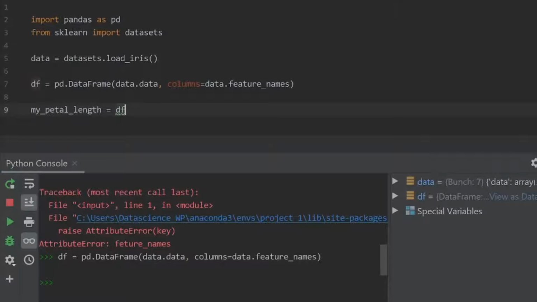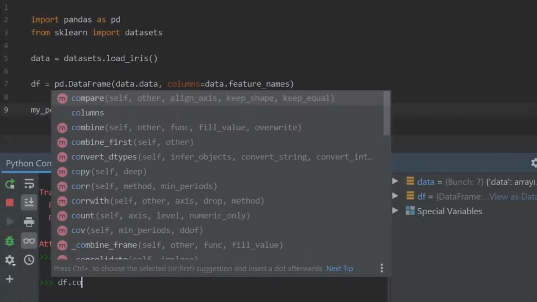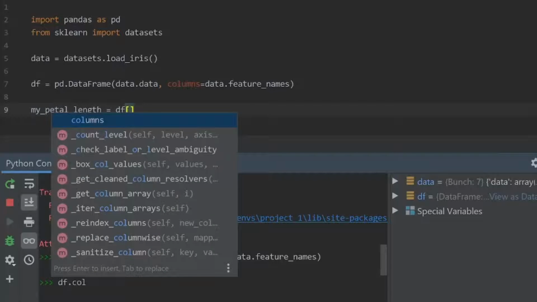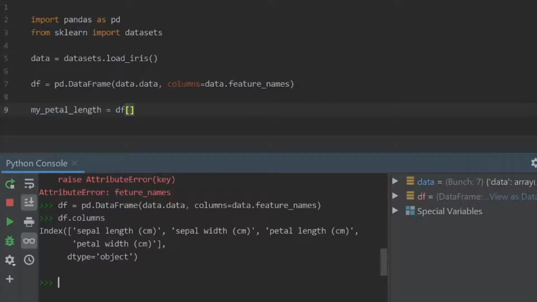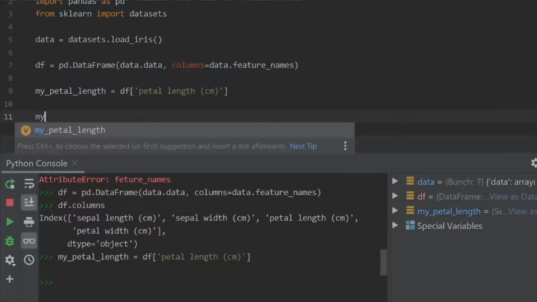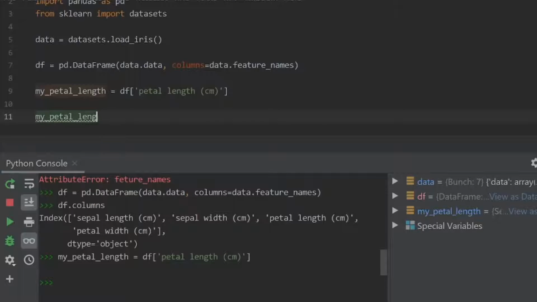One nifty shortcut that you can do is we can call on the columns, say df.columns, and let's just pick up the names from here. So for the petal length, I can just copy this. Similarly, we'll do the same for the width.